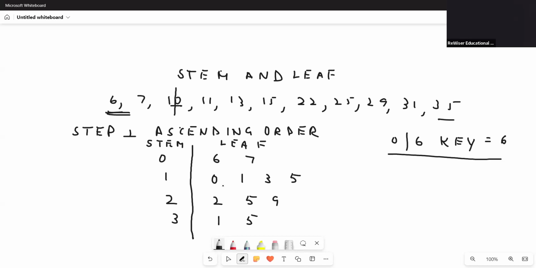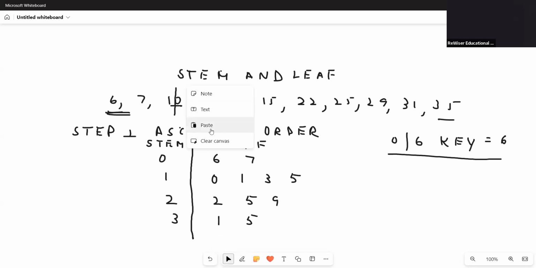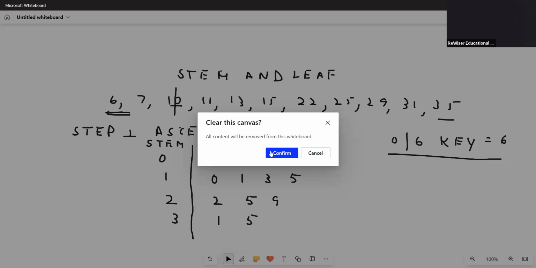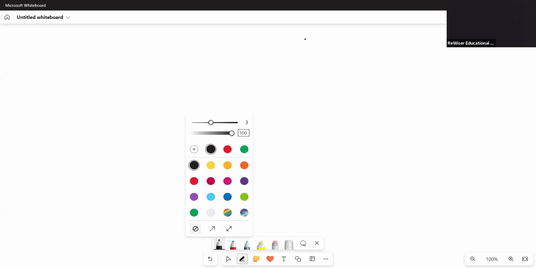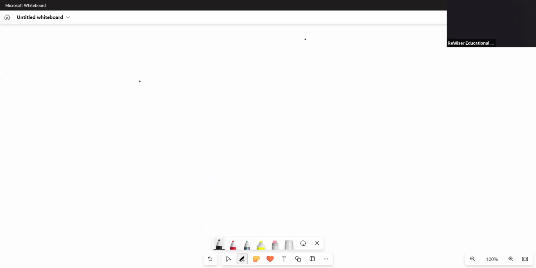Depending on that, we'll find the median as we have already discussed before. So this is how we go for a stem and leaf plot. Now, we have a part of stem and leaf which is called back-to-back stem and leaf plot. So if I'm going for a back-to-back stem and leaf plot,